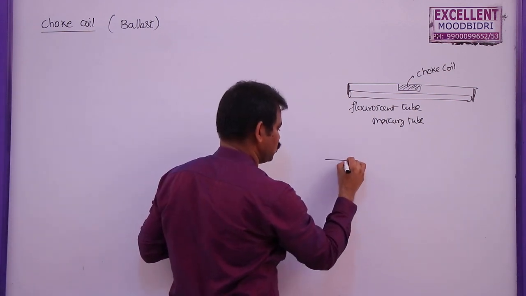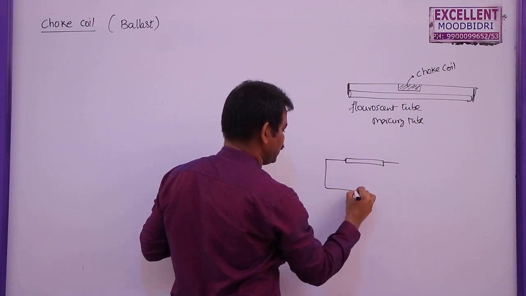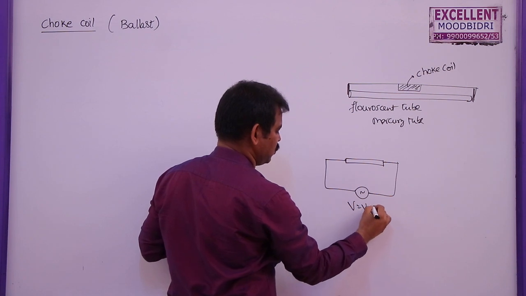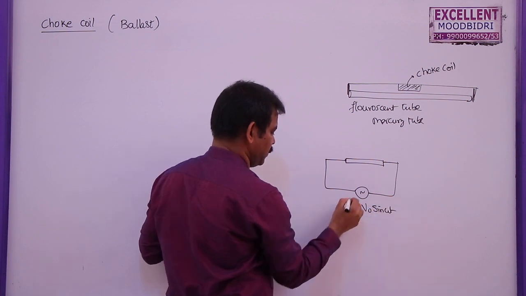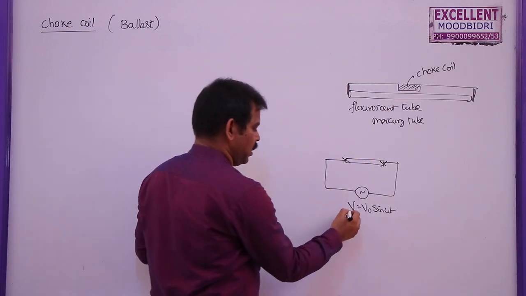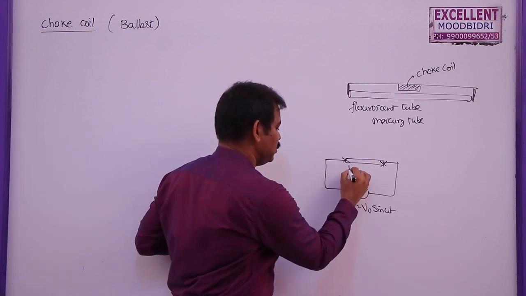Let us say this is a choke coil, and this is a tube light here. If this tube light is directly connected to an AC source, and the applied voltage is V equal to V naught sine omega t, the voltage across this fluorescent tube will be equal to the applied voltage, and this heavy voltage may damage these